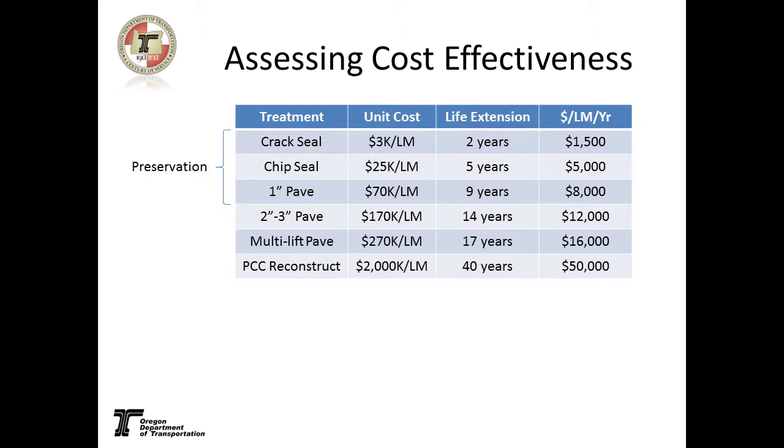The point I'm trying to make is preservation always comes out on top if you take the unit cost per lane mile and divide by the number of years you get. Preservation treatments are always going to come out on top. It's really an order of magnitude thing. Most of the preservation treatments I'm talking about generally give us somewhere around less than $10,000 per lane mile year, whereas our more heavy rehabilitation type activities are generally over $10,000 and upwards of $40,000 or $50,000 a lane mile a year. And so really the point of this slide is,